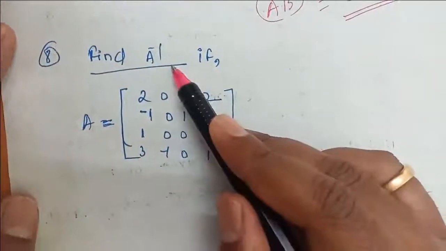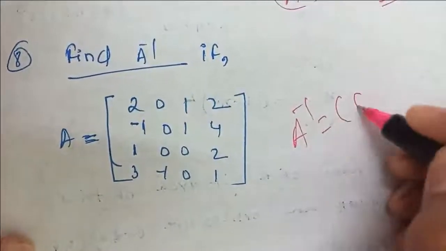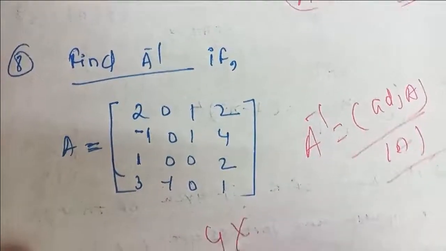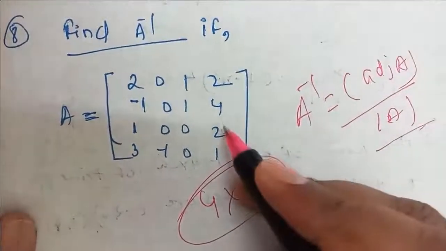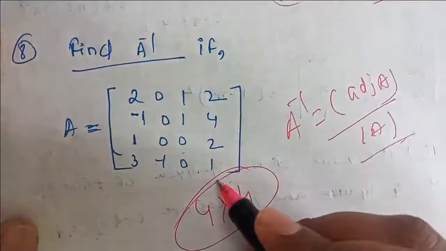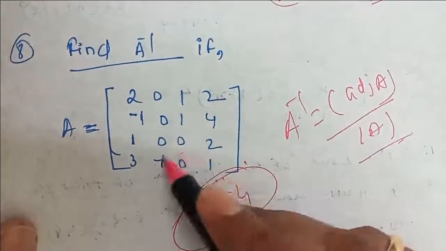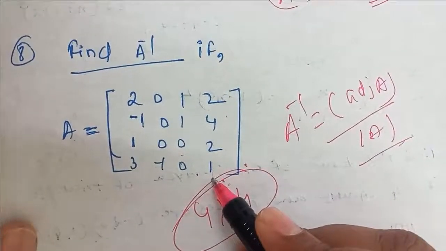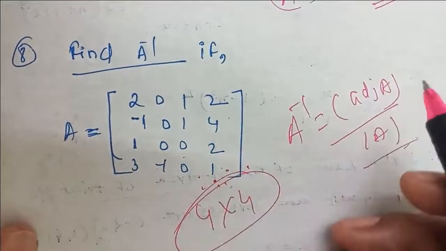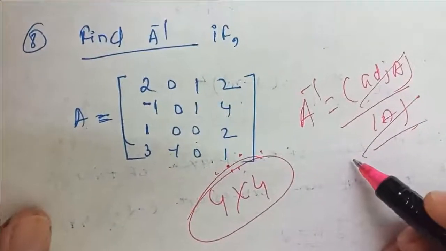Next we have to find the A inverse again. A inverse is nothing but adjoint of A upon determinant of A, and this is a 4 by 4 matrix. So this kind of problem we have explained again. First check whether it is singular or non-singular. If it is non-singular, find the A inverse, and then find the minors and cofactors of all the 16 elements. Make the determinant of cofactors, and then take the transpose of it. The transpose of it will give the adjoint. Upon determinant of A, it will give the inverse of the matrix.